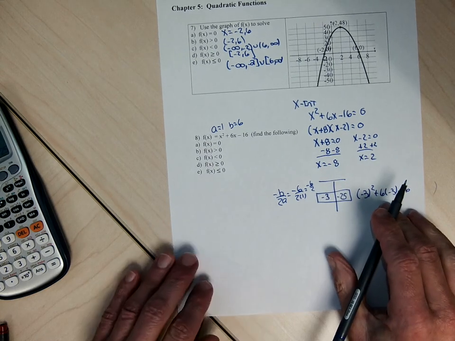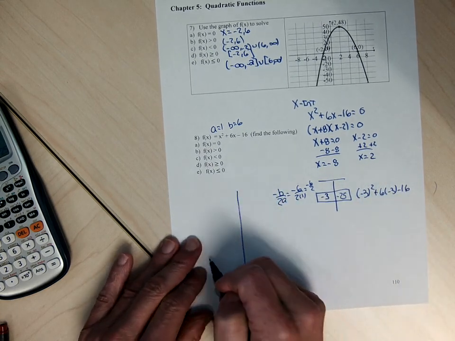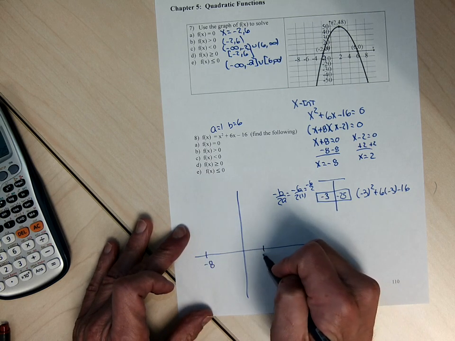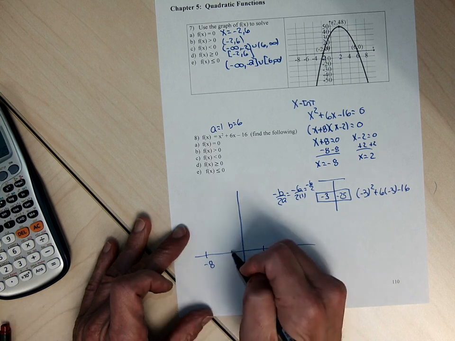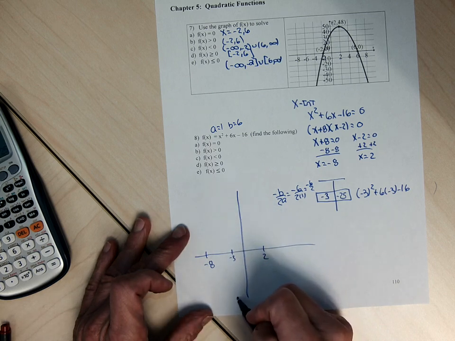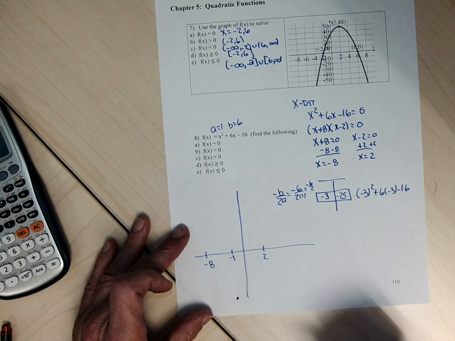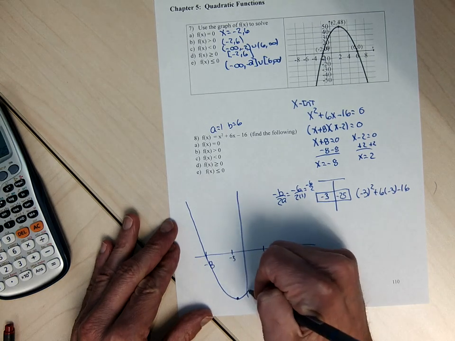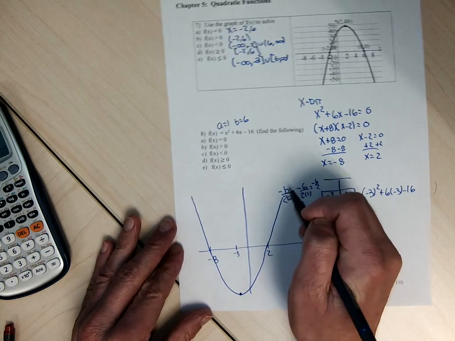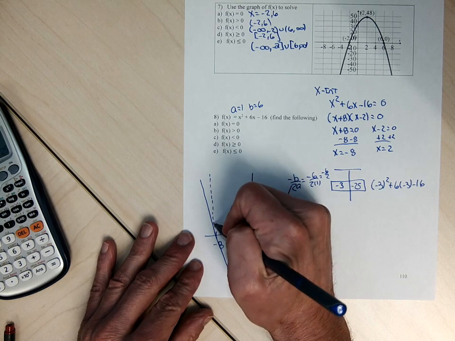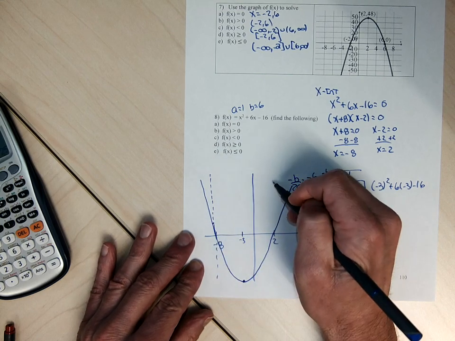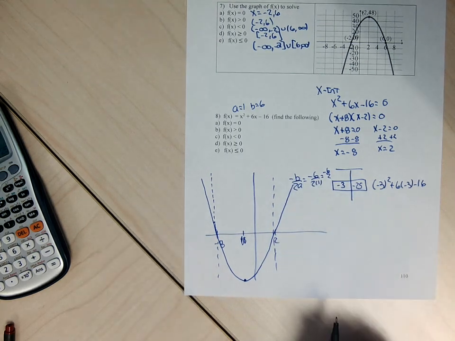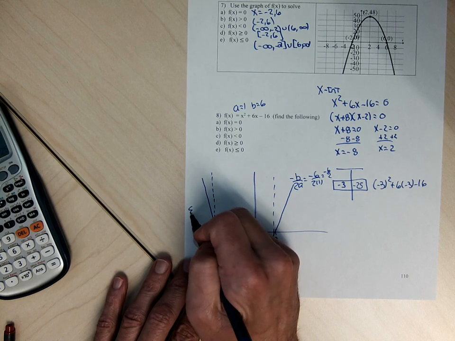Good enough. Now I'm going to sketch a graph. I'm going to put -8 on the x-axis, +2 on the x-axis, and the vertex, -3, -25, maybe down there somewhere, so it doesn't have to be that accurate, and just connect. Go through the x-intercept to the vertex, x-intercept to the vertex. Now I'm going to make my regions. My region to the left of the x-intercept, between the x-intercepts, I don't need that 3 on there, and to the right of the x-intercepts. I'm going to exclude the x-intercept